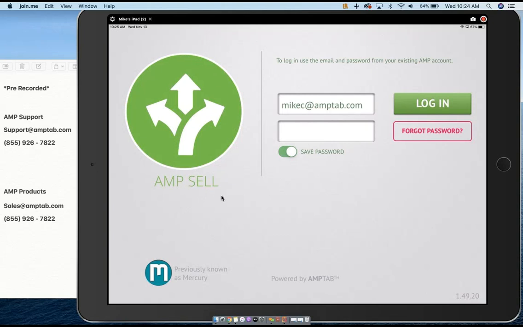So this is AMP Sell. You can find this by searching the App Store for iOS, just by searching AMP, A-M-P space Sell, S-E-L-L, and it'll bring up these results with this green logo here. Got it pulled up now, so I've already downloaded the app and tapped on it to bring us to our